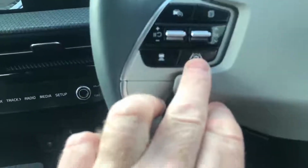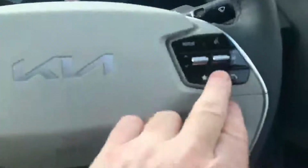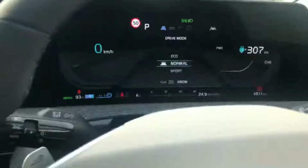steering assist, then you have your cruise control and speed limiter there, and on this side you have your radio and you have your Bluetooth. Down here we've got 3 different drive modes, so if I press that button there again, brings the drive mode